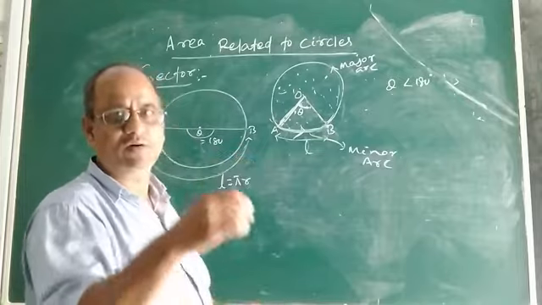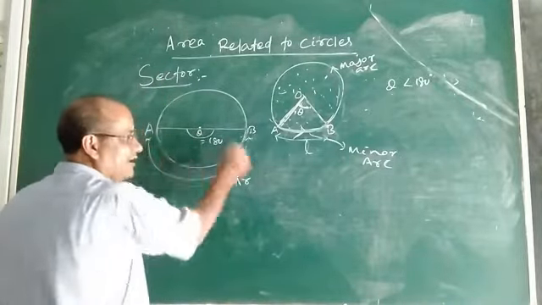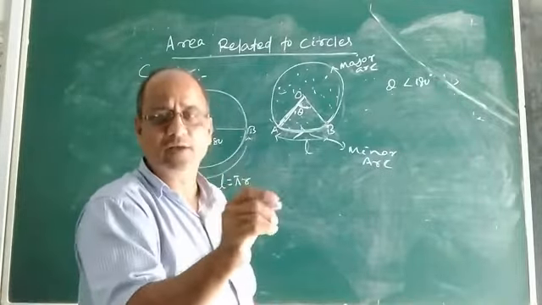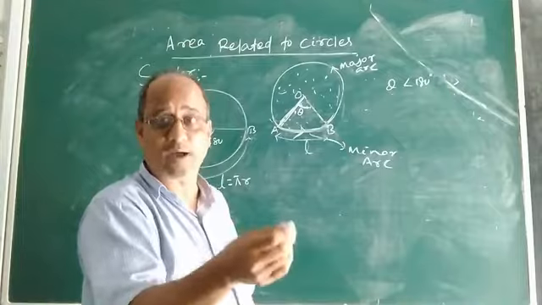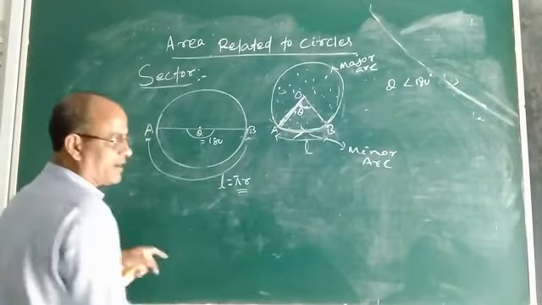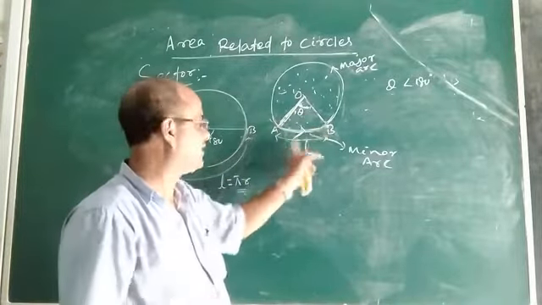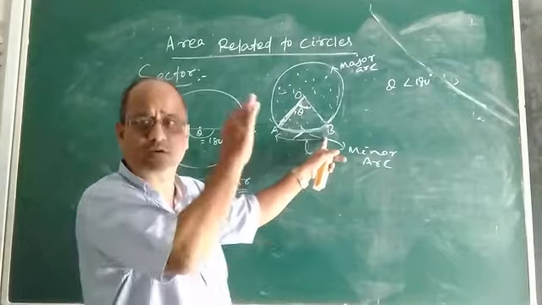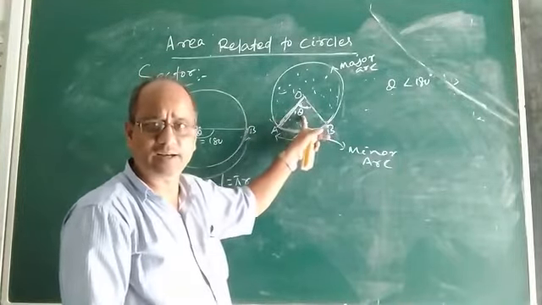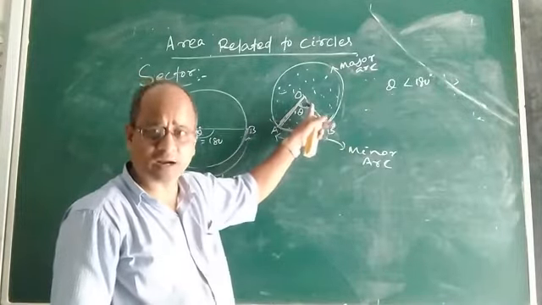And you know, what is the arc length of a semicircle? The circumference of a circle is 2 pi r. So if circumference of a circle is 2 pi r, then this arc length will be equal to pi r. So what I mean to say, children, when the value of theta increases, the length of the arc of the sector will also go on increasing, and when theta becomes 180 degree, that means the angle subtended by the arc at the center is 180 degree.